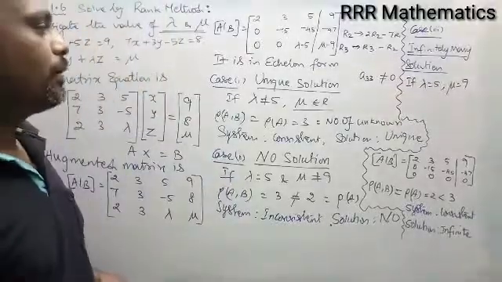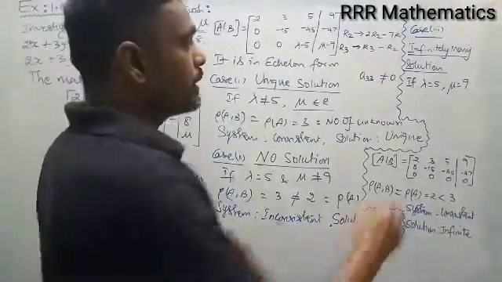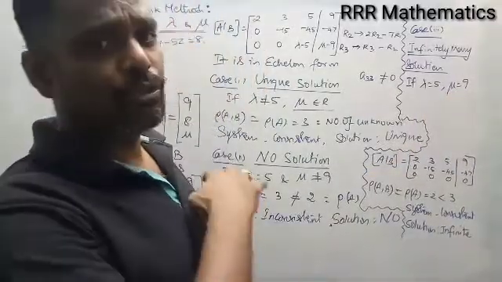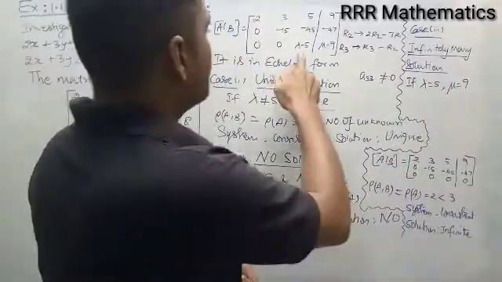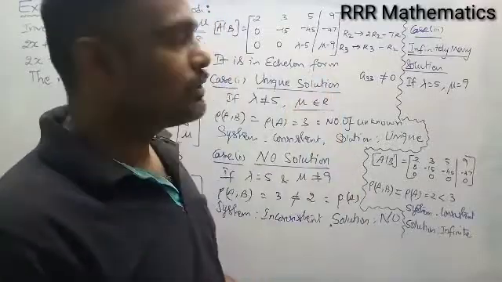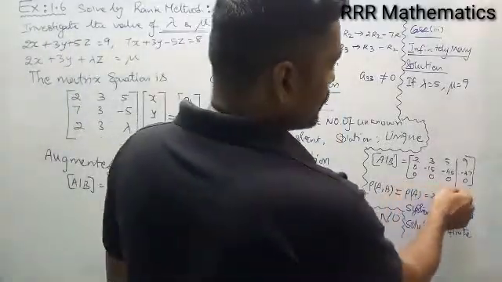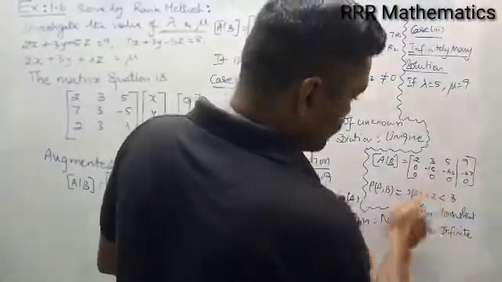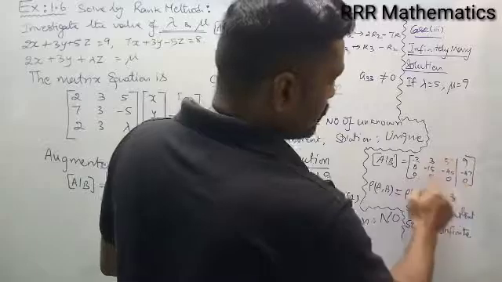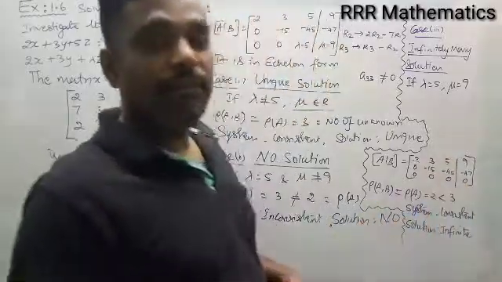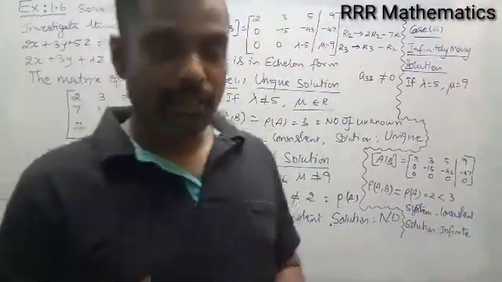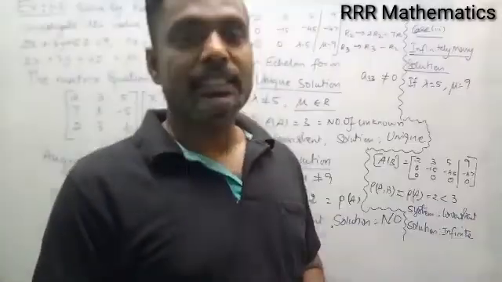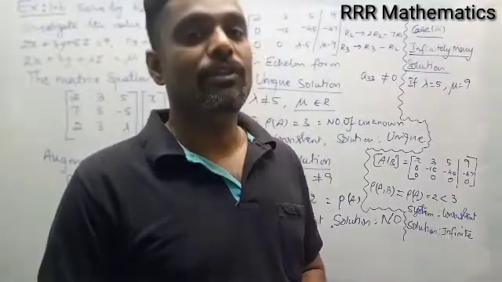Third case, I wanted to prove infinitely many solutions, that is lambda equal to 5, mu equal to 9 I am taking, because the last row completely vanished when you take lambda as 5 and mu equal to 9. What it shows, the last row completely 0, 0, 0 and the remaining 2 rows are non-zero. So I can say the rank of A comma B is 1, 2, that is 2, and rank of A is 1, 2, that is 2. So I can say the rank of A comma B and the rank of A are equal, which is equal to 2, but it is less than the number of variables, 3. Therefore the system is consistent, but it gives infinitely many solutions. Got it?